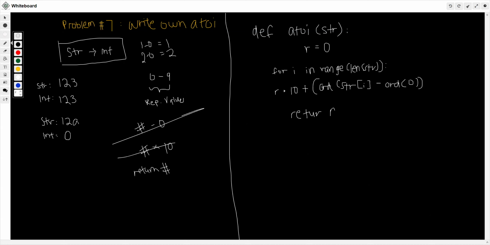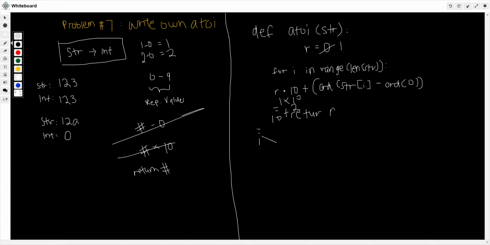Yeah, I think so. And then we have the result of 1 as the R now, because it's not 0 anymore, it's 1, and then 1 times 10 is 10, and then 10 times 2 is then